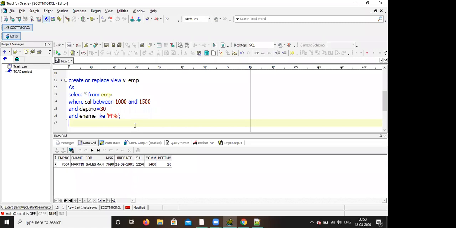These are actually called Oracle objects, like table and view. All these things come under Oracle objects. So table you understood. A table occupies space, but a view won't occupy space. It is just a link. It will refer. Now run that view. Control enter.